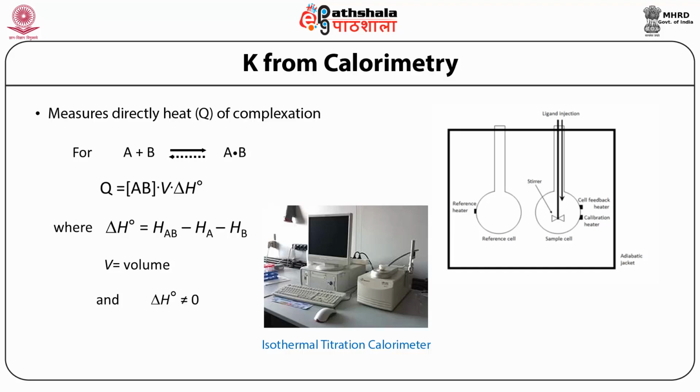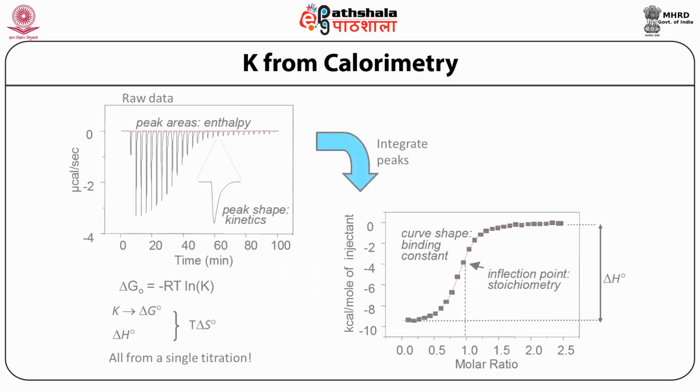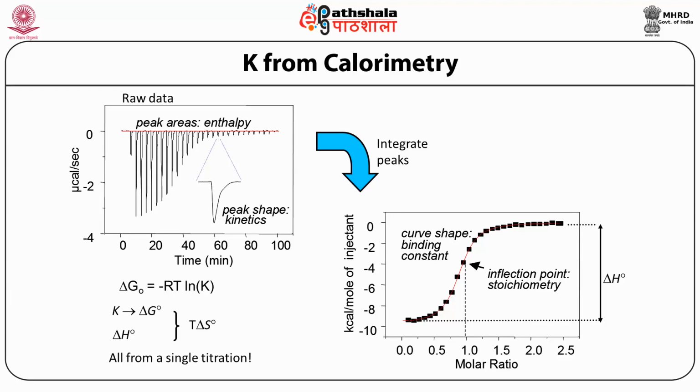One is the reference cell, another one is the sample cell, where you take your sample and keep on adding ligand. That means you titrate the sample with your ligand and find out the heat of complexation. Graph of heat of complexation with time as you keep on adding the ligand, and we can see for each injection there is a peak, and the total peak area actually can give you the enthalpy change for the